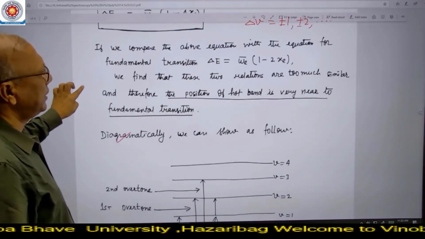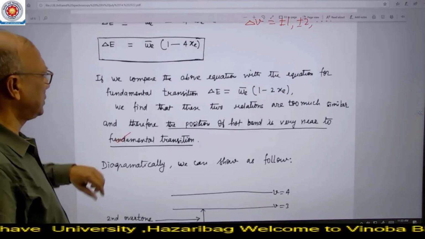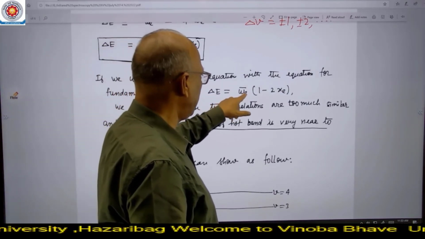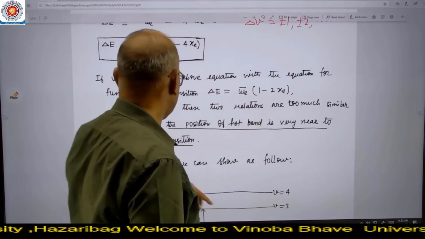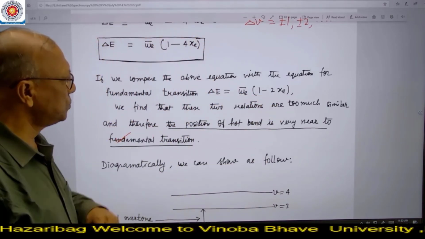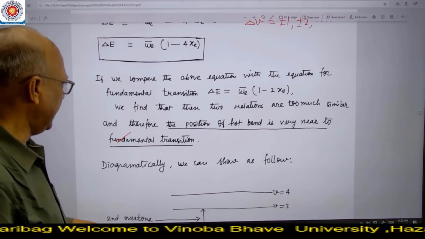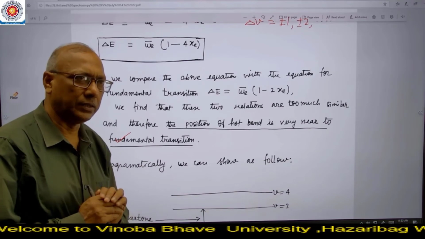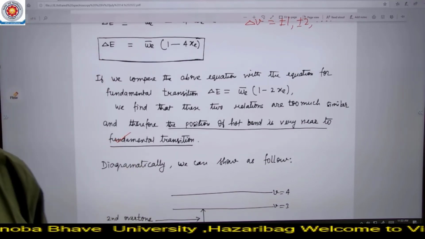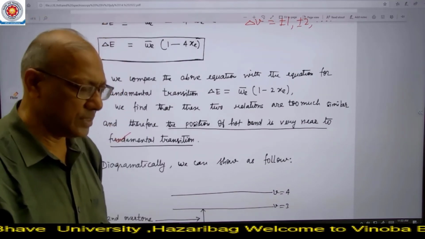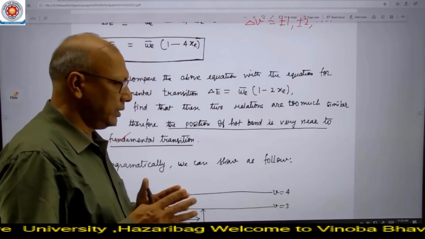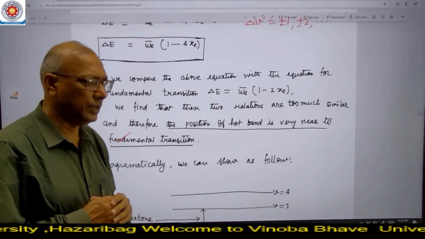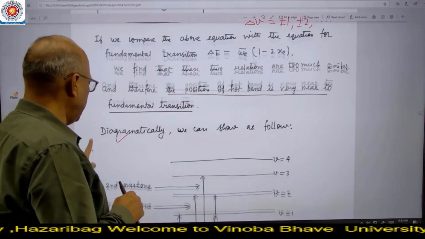If we compare this equation with the fundamental transition, that is delta E equal to omega e bar in bracket 1 minus 2 Xe, then we find that these two relations are very similar, and therefore the position of the hot band is very near to the fundamental transition. This is how we can identify where these two transitions are taking place. They are close to each other because they have a similar form of equation, and